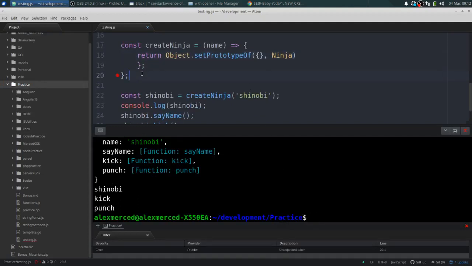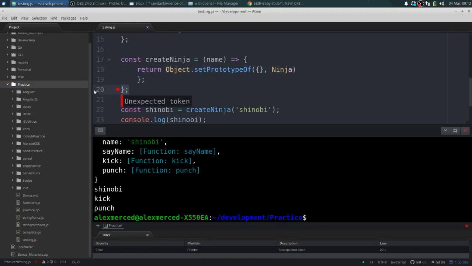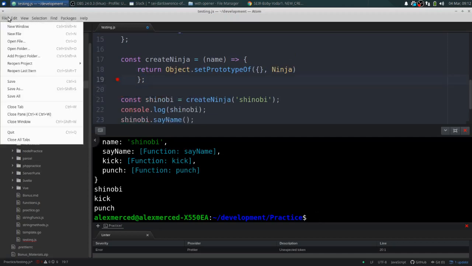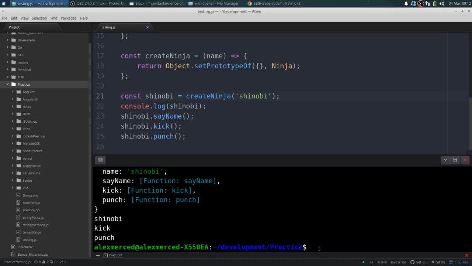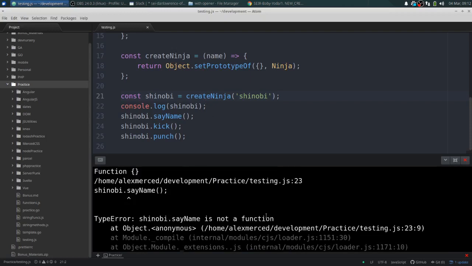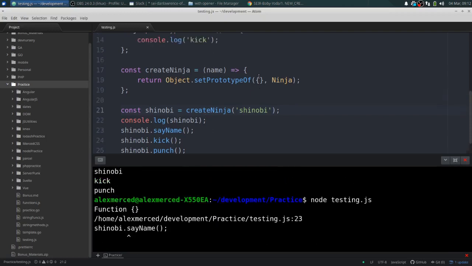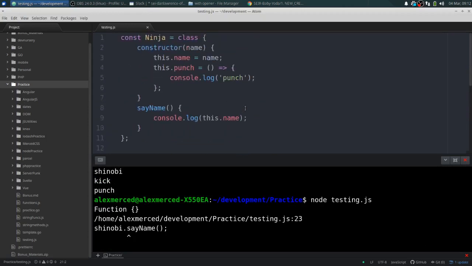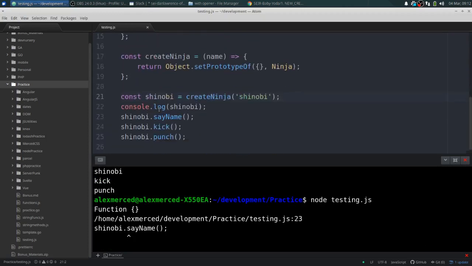Where's the error? Let's see here. Name. Okay, this is extra. Save. Now, if we run that, it should just work the same, except now you won't have all those functions inside Shinobi. Say name is not a function. Let's think about that here. It should be